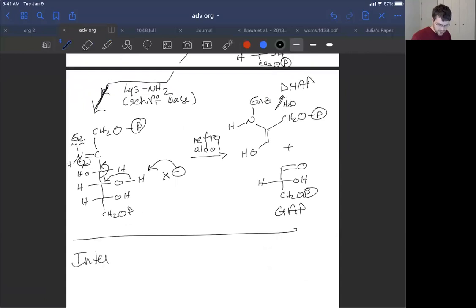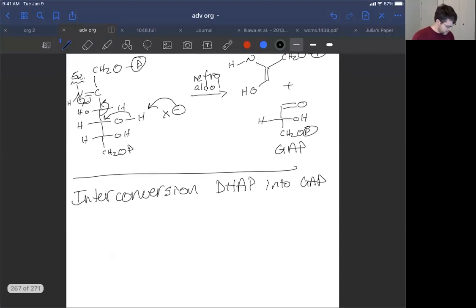But those things are pretty easy to show, so we can just mention that briefly before we go into the interconversion of DHAP into GAP. We can just show this before we get into glucose biosynthesis. So let's go through this now. What happens here is we take,